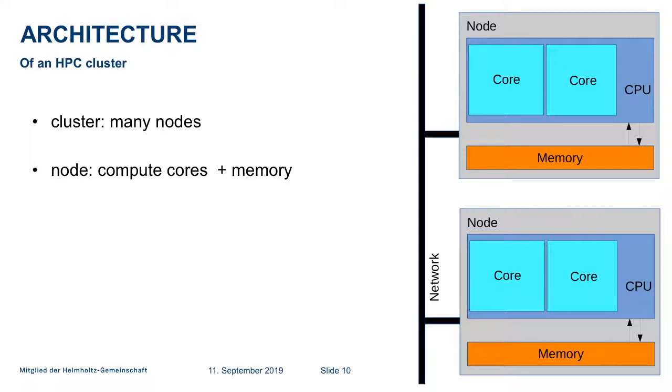We need something which allows these compute cores to access memory inside a node, but we also need some kind of communication between the nodes. So this brings us to two different parallel programming